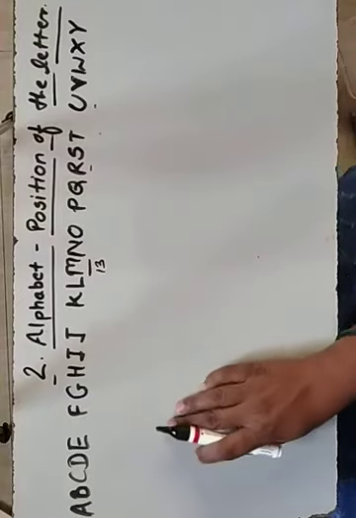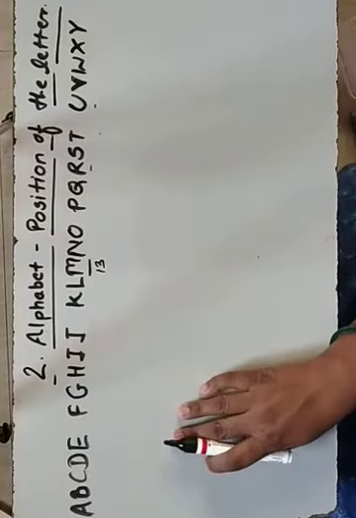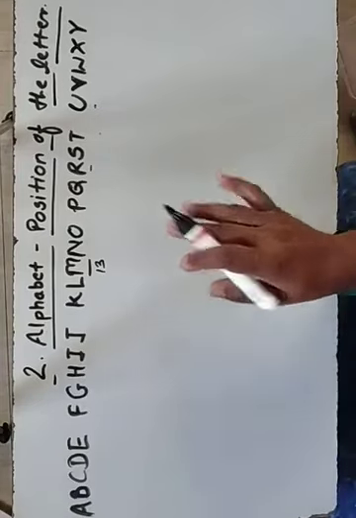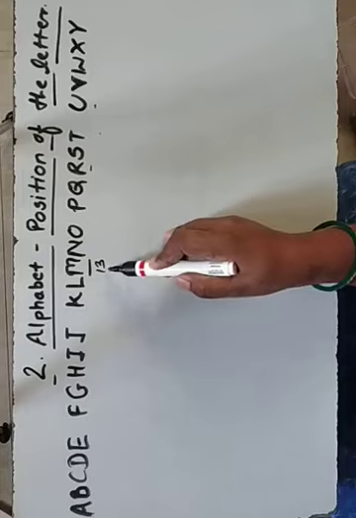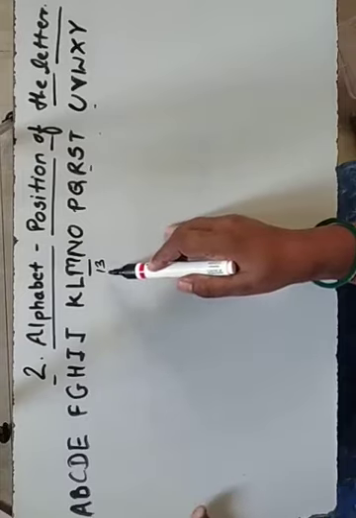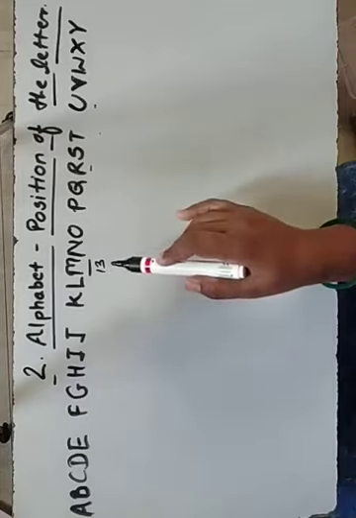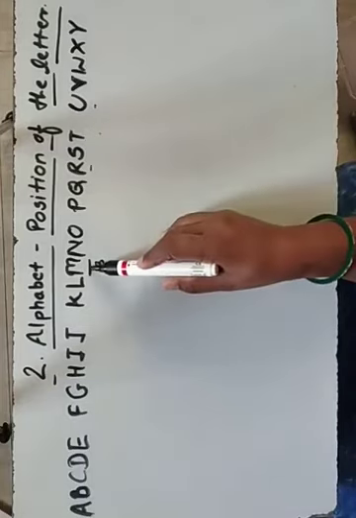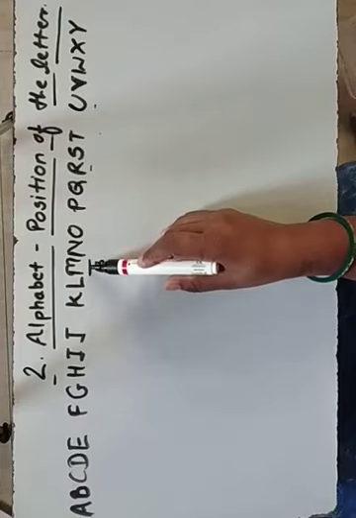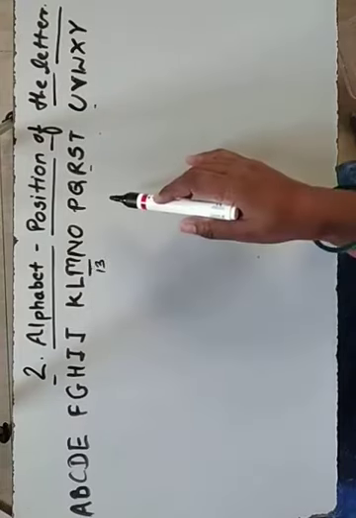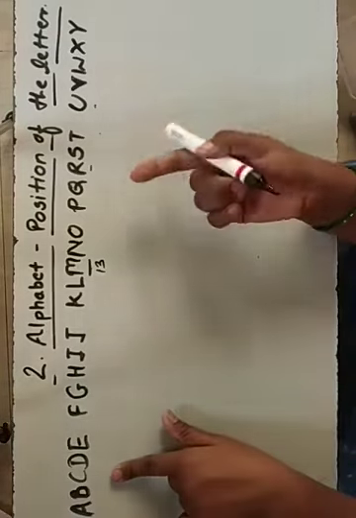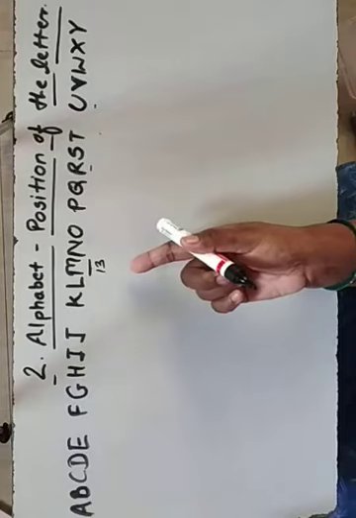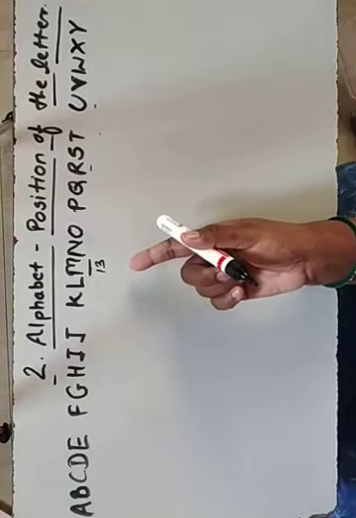Okay, we can solve the examples based on the alphabet position of letter within a minute. So for that purpose this arrangement is very important. So you must know which is the middle letter of this whole alphabet series. The middle letter is M, that you have to keep in your mind. Okay, total how many are here? 25. So 12 from this side, 12 from this side, and the 13th letter is there, that is M. It is the middle letter of the alphabet series.